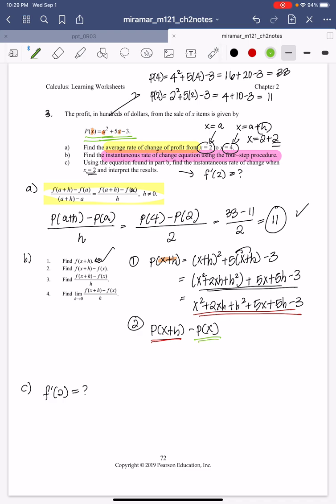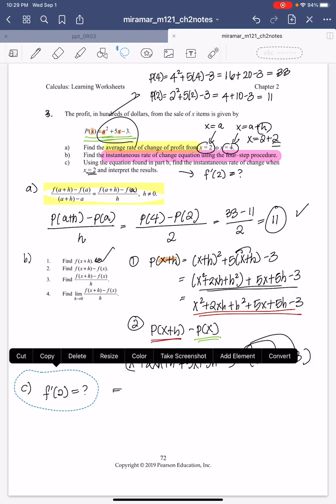So p of x plus h is x squared plus 2xh plus h squared plus 5x plus 5h minus 3. Subtract my p of x, which is x squared plus 5x minus 3. So let's distribute these to remove parentheses, and I'm going to take this one